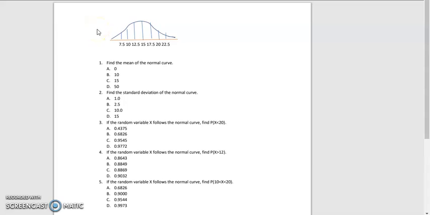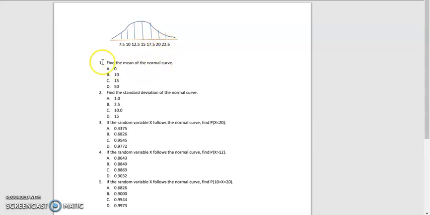Hi, let's look at this normal curve. Pardon me for the way I've drawn the curve. It's not well drawn, but just for some explanation. Now look at this. The line here corresponds to the 7.5, and this corresponds to the 10, and this is for 12.5, and this is for 15, and this is for 17.5, this is for 20, and this is for